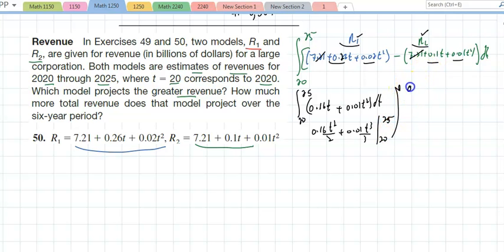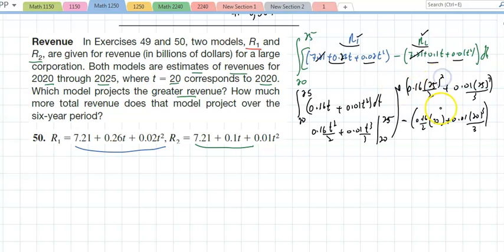That's going to be 0.16 times 25 squared divided by 2 plus 0.01 times 25 cubed over 3 minus 0.16 over 2 times 20 squared plus 0.01 times 20 cubed over 3. If I throw this in my calculator,